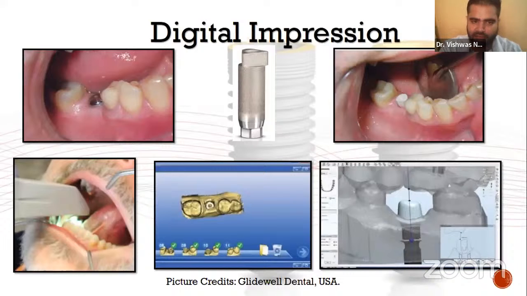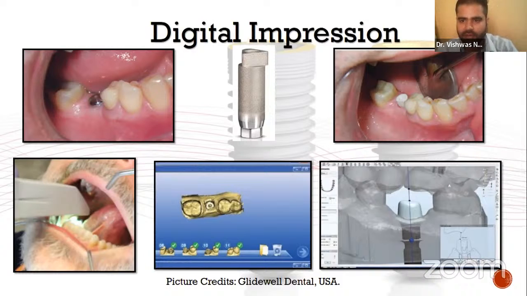Now, finally, we have the digital impression technique. Since we are living in the digital era, where we are using 3D printed custom guides to place implants and the whole workflow is going digital, impression making in implant dentistry has also gone digital. This can be done with the help of a specialized impression coping called scan bodies. These scan bodies can be secured onto the implant fixture head with a screwdriver, and after that the impression can be made with the help of a digital intraoral scanner.